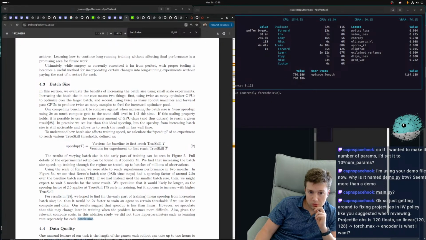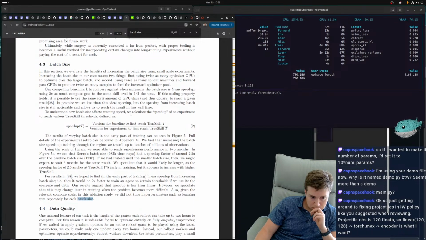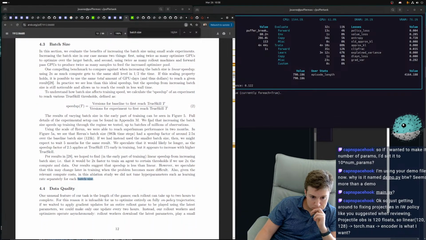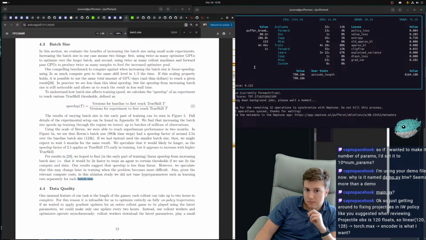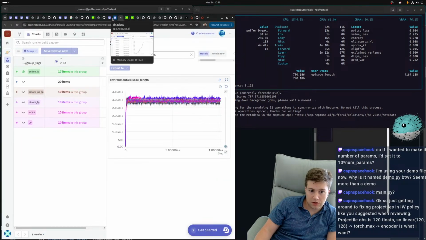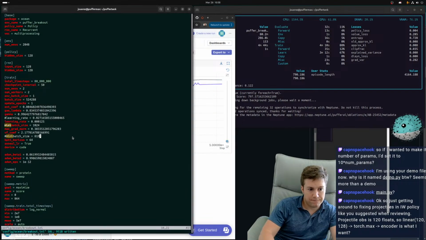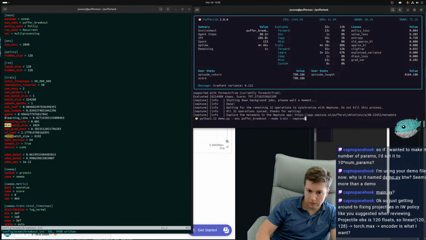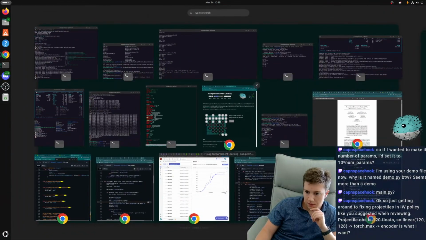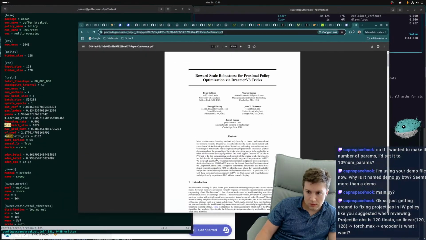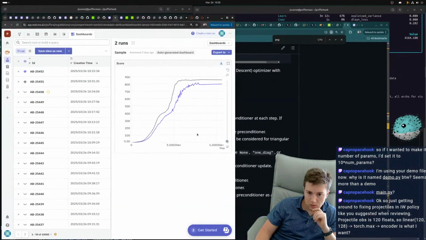Do they just use the same learning rate? Okay, so we get to 790, which is not quite as good. A little bit of a gap there. Now what we do is go back to the original learning rate, run this again. Keep looking at the paper. Not this one. Where'd the paper go?